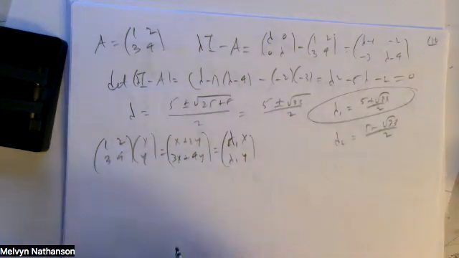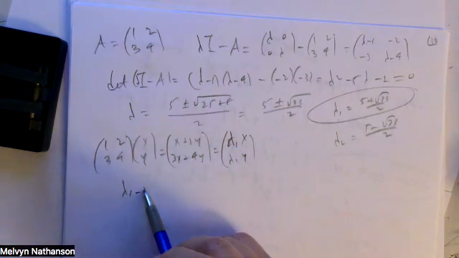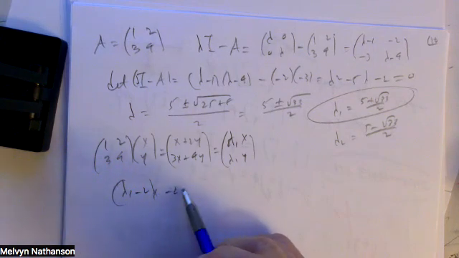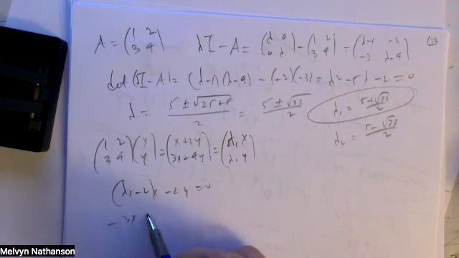Well, this is my lambda 1. So in other words, lambda 1 minus 1 times x minus 2y is 0,